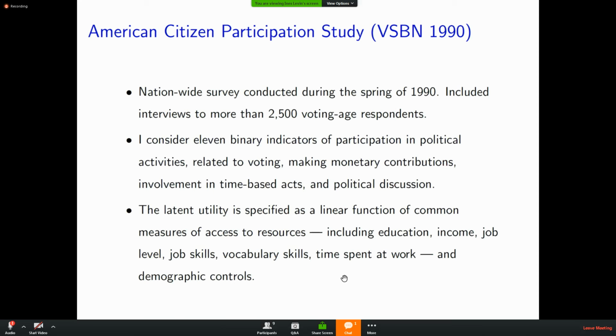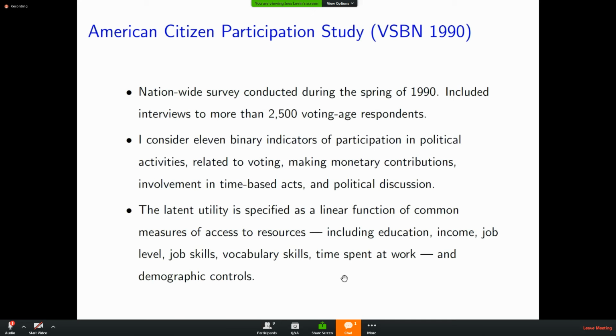I write the latent utility as a linear function of common measures of access to resources, including educational attainment, income, and a measure of job level, of job skills. Job skills is a scale that measures whether the individual has been asked, for instance, to organize meetings, to give speeches, etc., in the context of job activities. People who report having been asked to perform certain tasks are coded as having more of this type of skills. Then vocabulary skills, which is a scale calculated based on a vocabulary test,